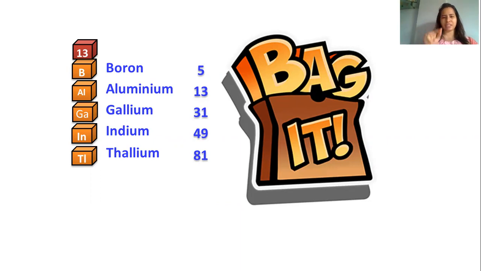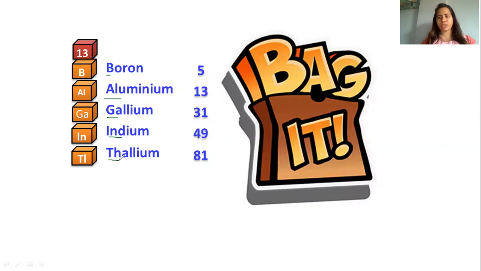BAGIT. You can see everyone's initials: what are they? BAGIT. B for boron, A for aluminium, G for gallium, I for indium, T for thallium. The other way you can remember it is Bal Ganesha in temple. When I say Bal, you can see B, Al: Bal Ganesha in temple.